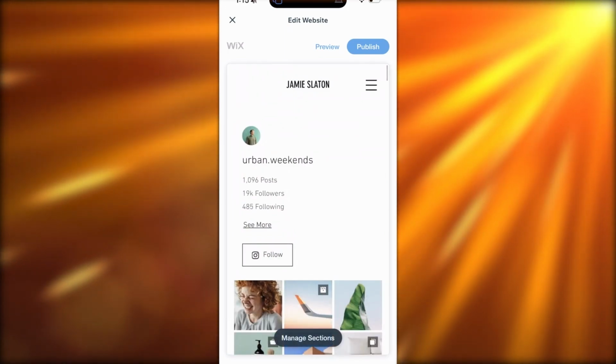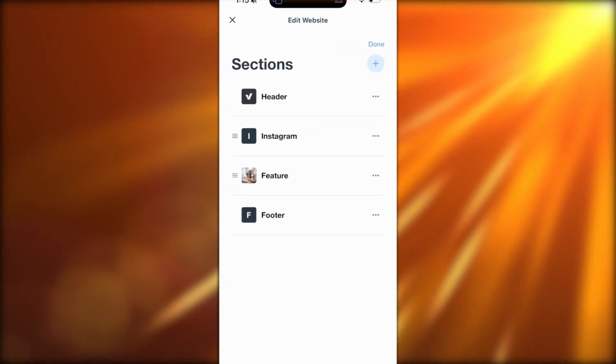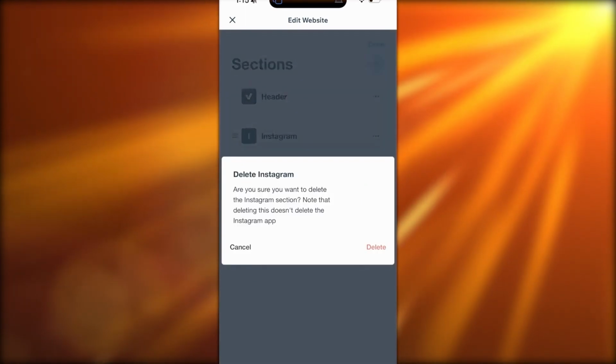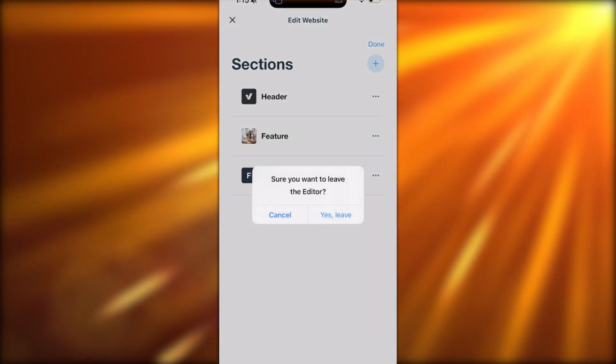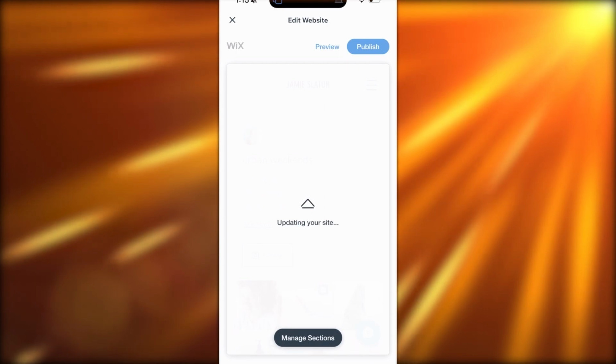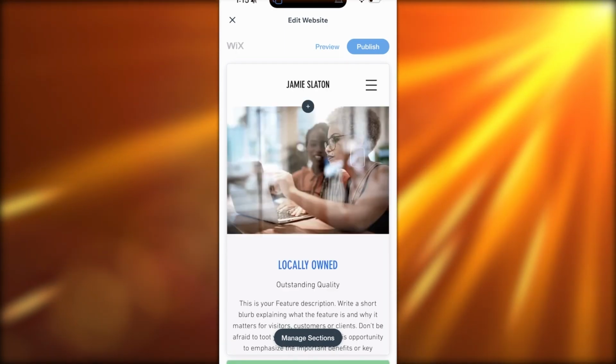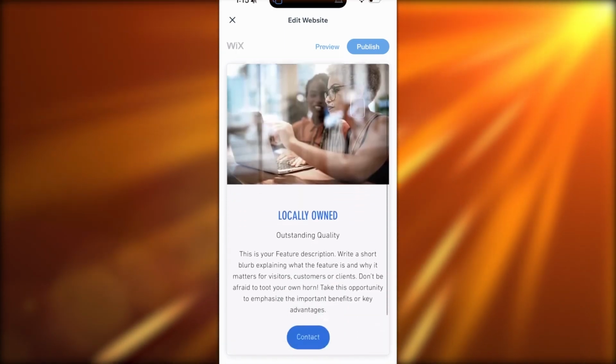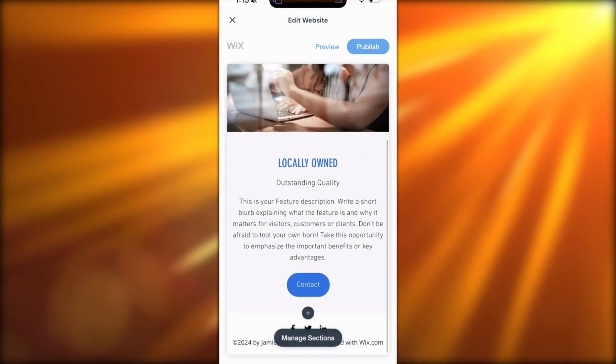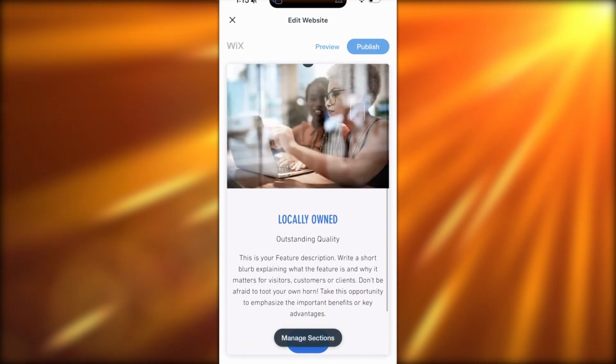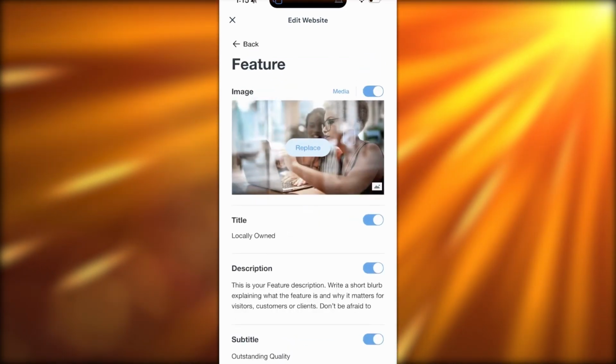Now within this, you can click on Manage Sections, and let's say I want to remove the Instagram section, so I can delete that, and I will click on Done. Now it's going to update my site over here. Now my site has been updated. It just has some basic information. So to begin editing any of the information, I can click on Manage Sections, click on the section, and then